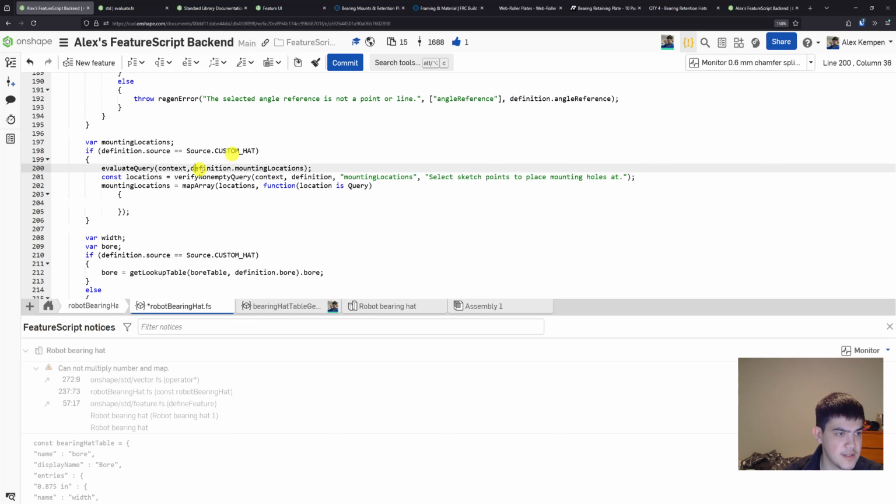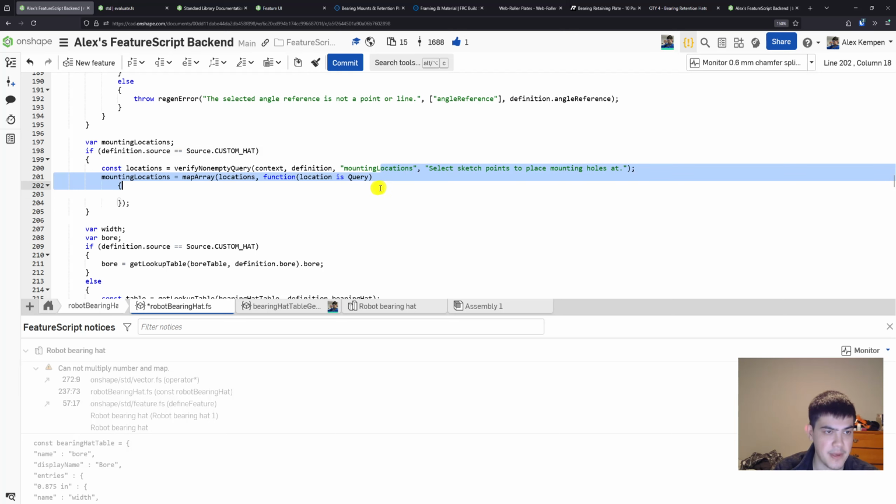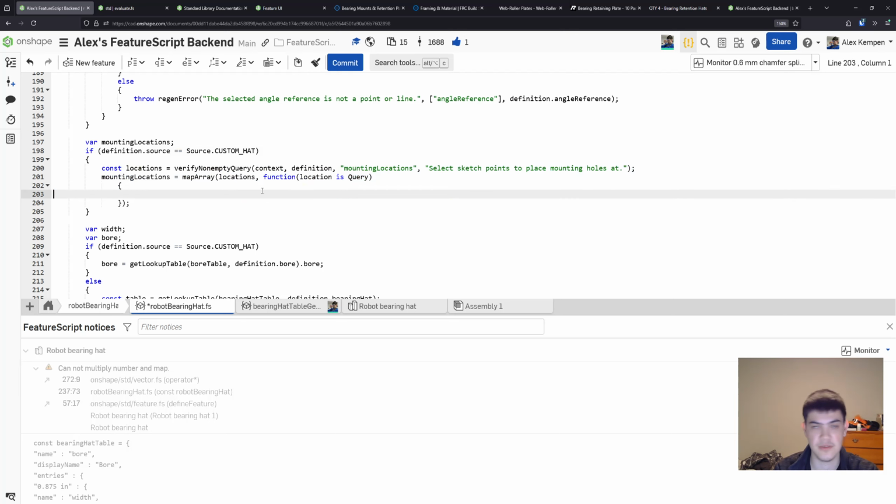And all this does is it takes a query, because a query is just a set of instructions for some geometry in the Part Studio, so it's not meaningful in and of itself. But evaluate query will run it against your Part Studio and figure out what it maps to. And then it will return an array for each individual mapping. So in this case, each location will be a specific point the user has selected, which is handy. And then map array just iterates over an array and calls a function on each one, and whatever that function returns is what the new array becomes. So here